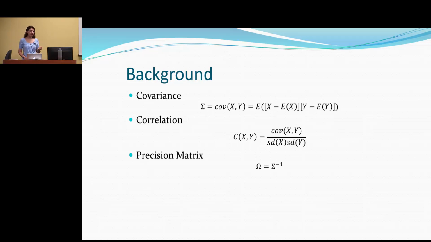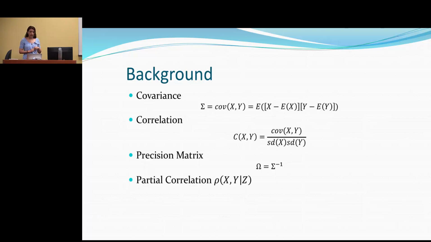The other concept is the precision matrix. The precision matrix or concentration matrix is the inverse of covariance. And here, the values in the precision matrix measure how tightly the variables are around the mean and how they don't co-vary or how they are independent. The other concept is partial correlation.